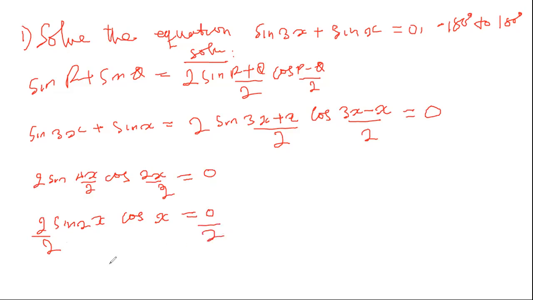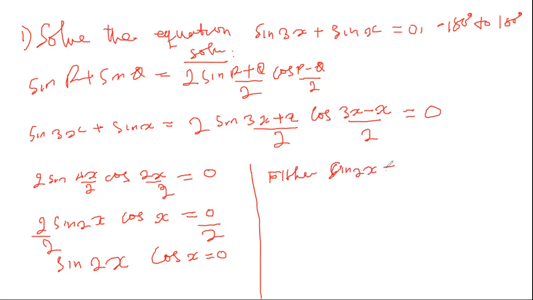So we can as well first divide by 2 to give us sine 2x cos x, and this will give us 0. Then from there we can say either sine of 2x is equal to 0,